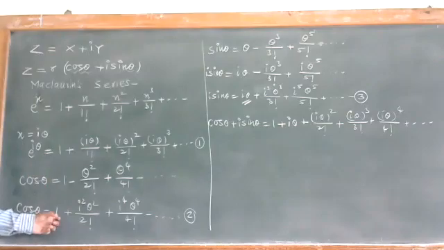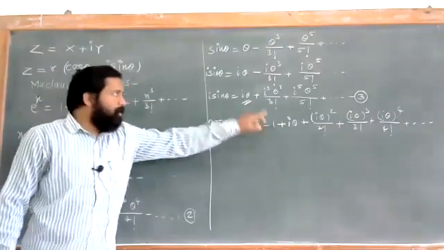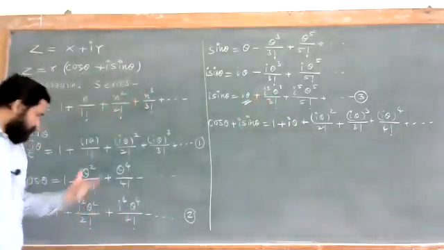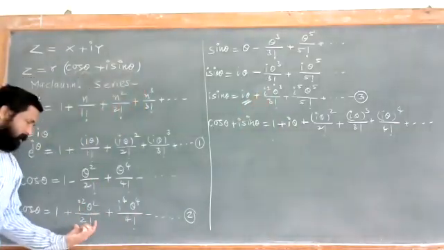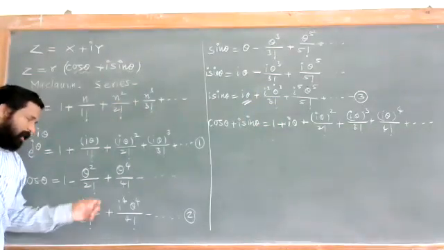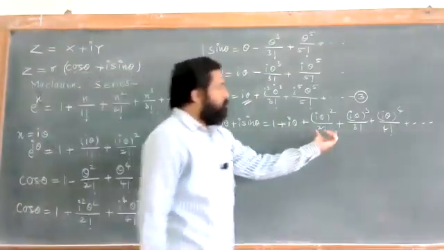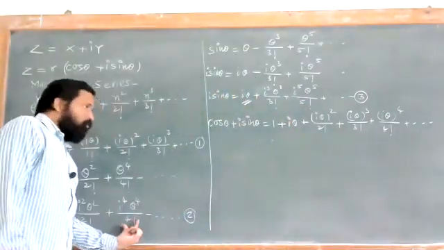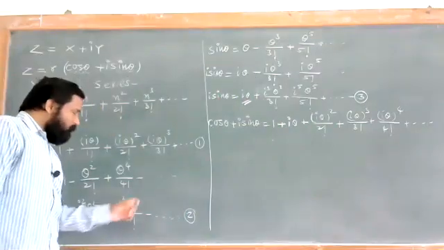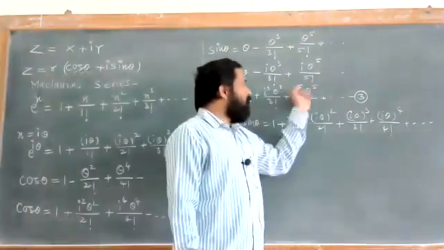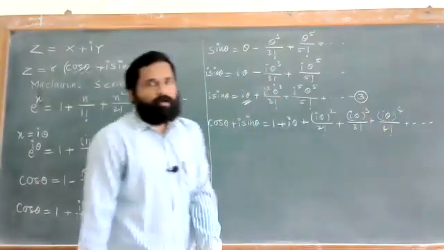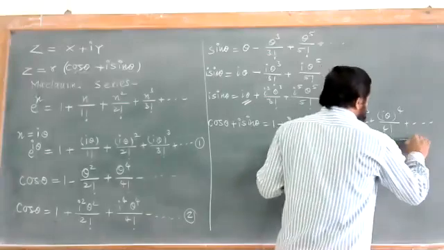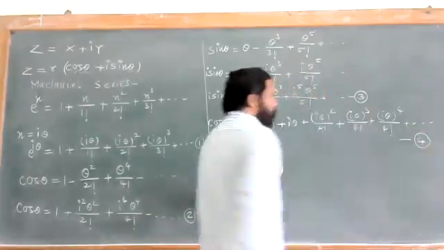So cos of theta is 1. So first term is 1. i sin theta is i theta plus these terms. The second term is i square theta square, i theta bracket square upon 2 factorial. So this is your second thing. This is your third one. Then you can have i theta raised to 4, so i theta bracket raised to 4 upon 4 factorial. i theta raised to 5 upon 5 factorial and so on. Now this condition, that is your equation number 4.